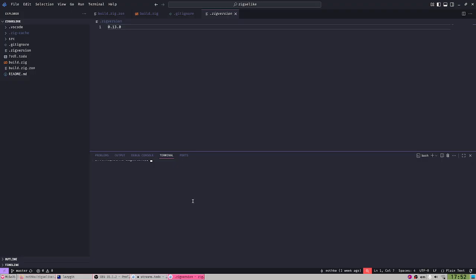And what is going on here? Okay, well, Zig build run. Okay, let's see. Oh, it's still on 0.15. Why doesn't it? I thought this works automatically.